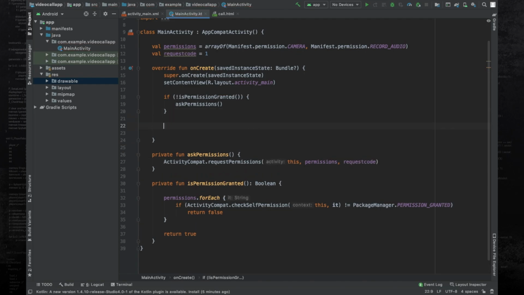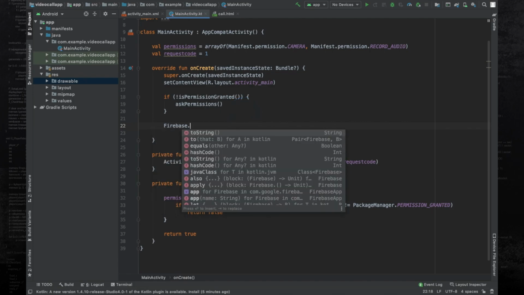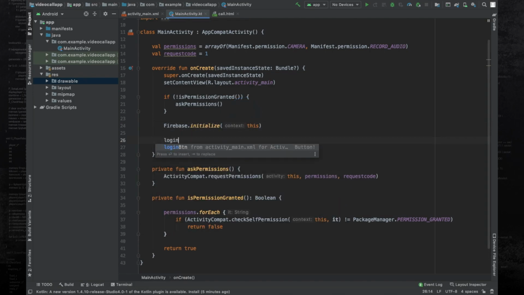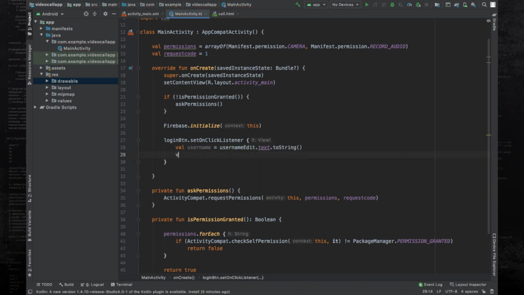Now in the onCreate, we will initialize the Firebase app, and then the login button that we have in the XML, we will set this on click listener, and when this is clicked, then we will get the username from the username edit, which is also available in the XML. And now we will create an object of intent, and this intent will take us from this activity to